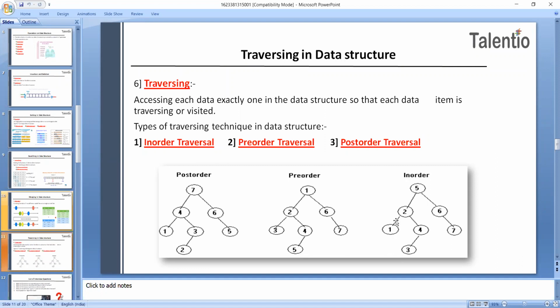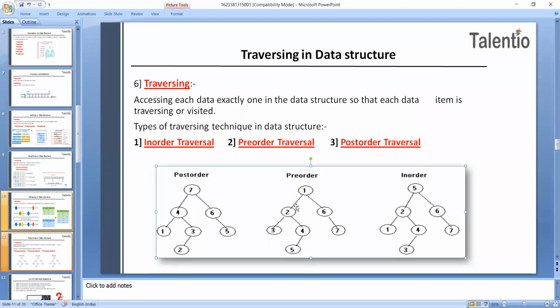That means each of the data items should be visited at least once. Visited means we have to travel through all the data. So this is the traversing definition.